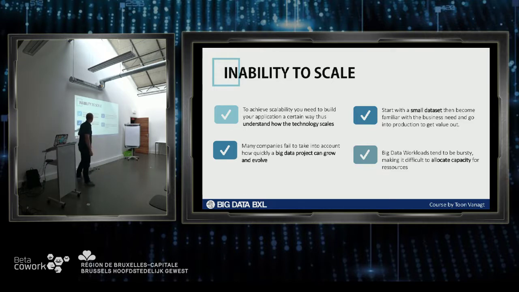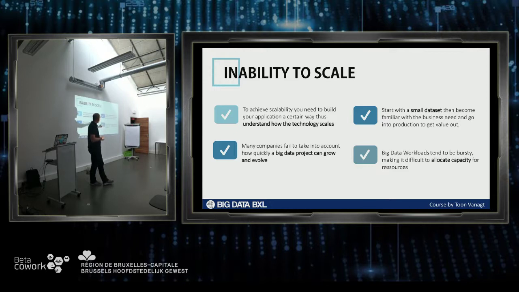And so this is a huge one to consider, the ability to scale, to build it into your platform and think up front. For the exploration phase, it's perfectly fine to try approaches and do stuff, but that's a very different approach from getting your exploration phase into production. You should learn something, and that should be the input of the system you build. And you start with a small data set. It sounds a bit weird that we're doing big data, and then we said, okay, start small. Because the learnings from that will help you to get the value out of the small data set and then apply that to the bigger one.